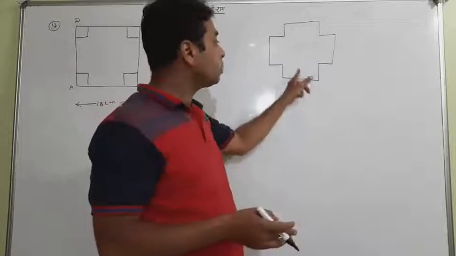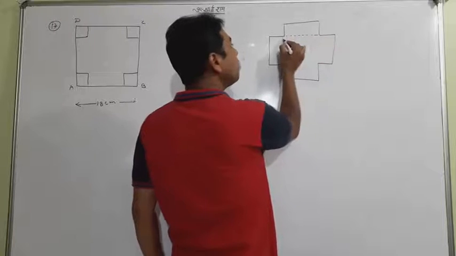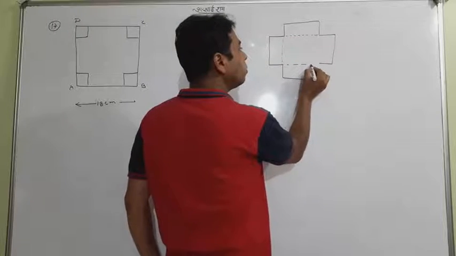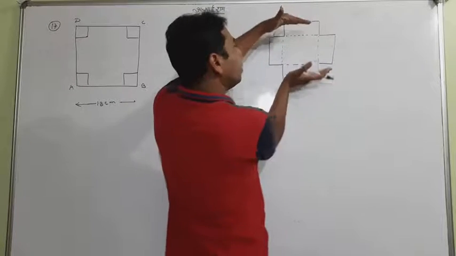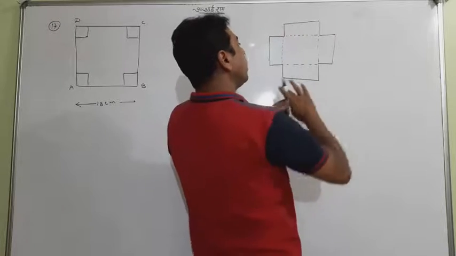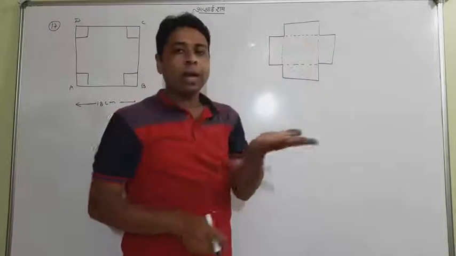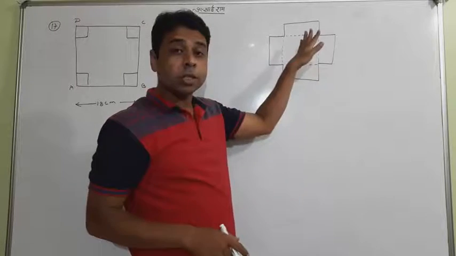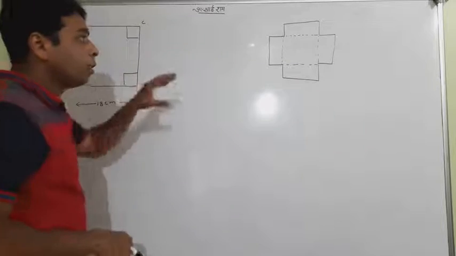How to turn these particular sides? Can you see the dotted region? From there you have to turn. From here you turn like that, here you turn like that, here like that, and here like that. After it, you have an open box, open from the top,